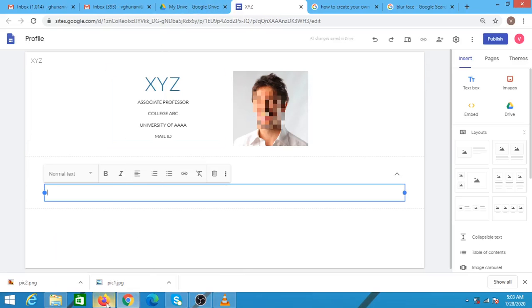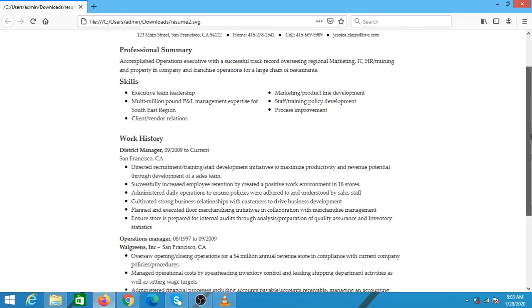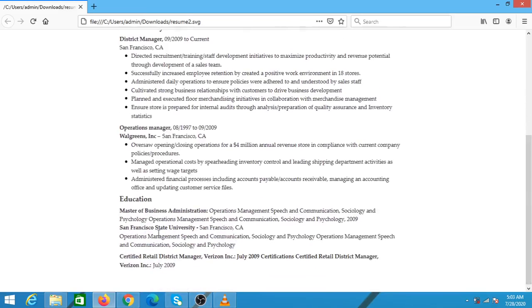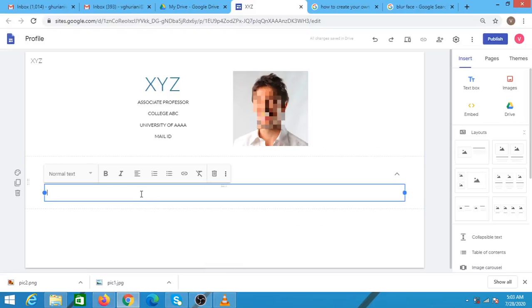I have a profile ready with me. I can copy the text from here also. So I'm doing it from this document and pasting it over here.